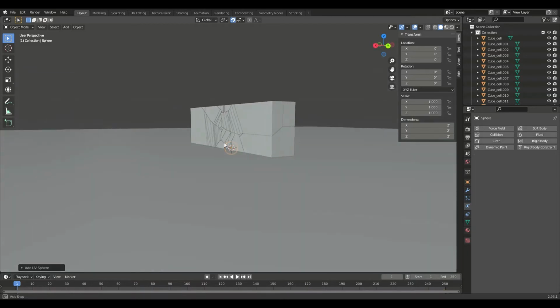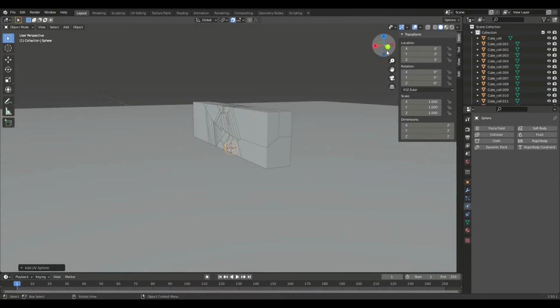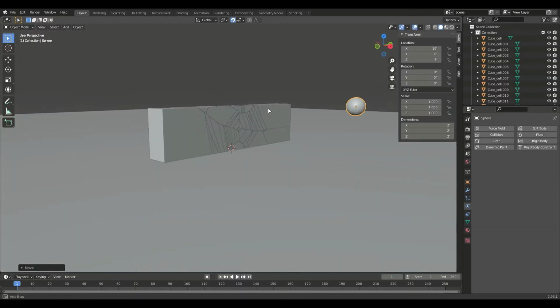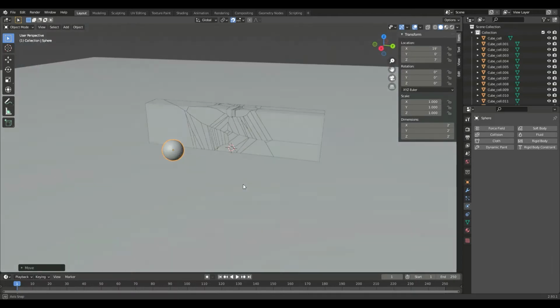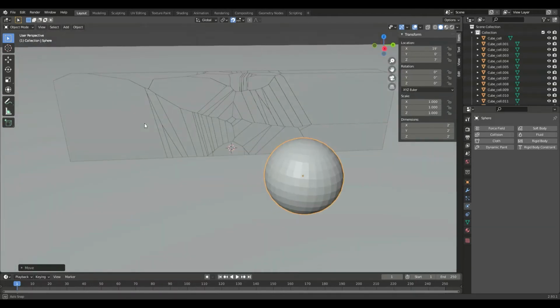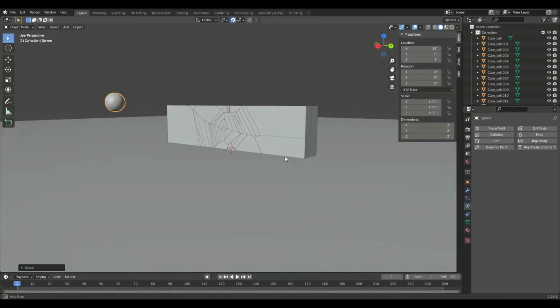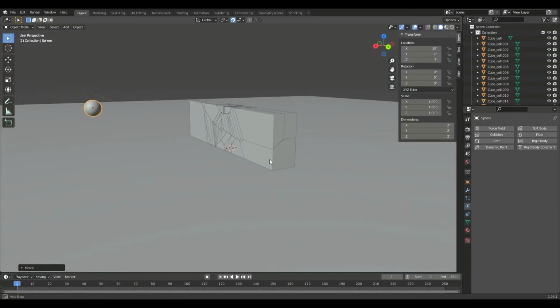You just choose a UV sphere, and then we're going to go on here so we don't mess it up. We're going to grab this and move it away from our box. So you can see it's just a regular ball, and we are going to keyframe animate this with physics.